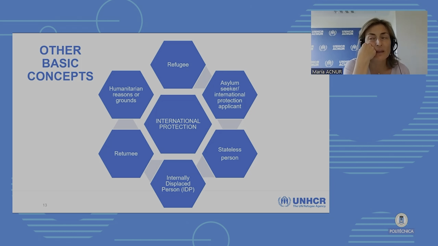But at some point of UNHCR's work, the UN General Assembly decided that UNHCR should also cover the protection of IDPs, internally displaced persons. And we now also have the mandate to protect internally displaced persons, which, when you see the figures of displacement worldwide, is a much higher number than actually refugees, than people that cross international borders in countries like